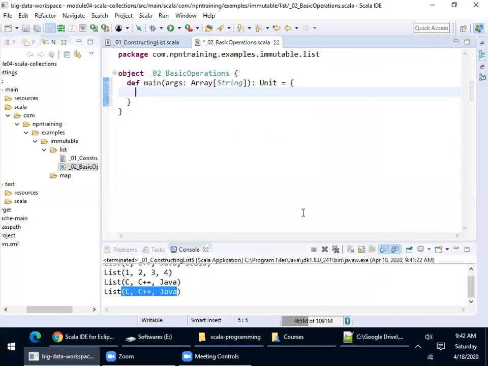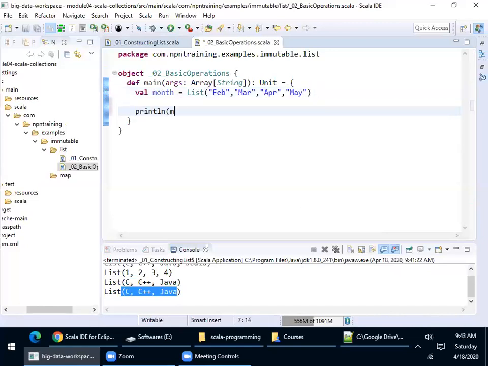Okay, now let me create some list. The quick way of creating the list, as I told you, is to use the constructor notation. So I'm using the constructor notation to create a list, with some values like February, March, April, and May. Now let's assume we have certain attributes for the list.